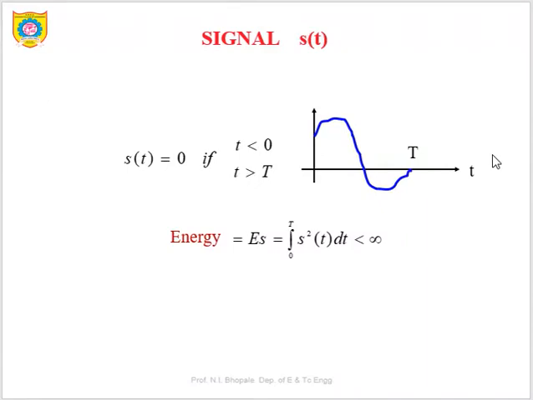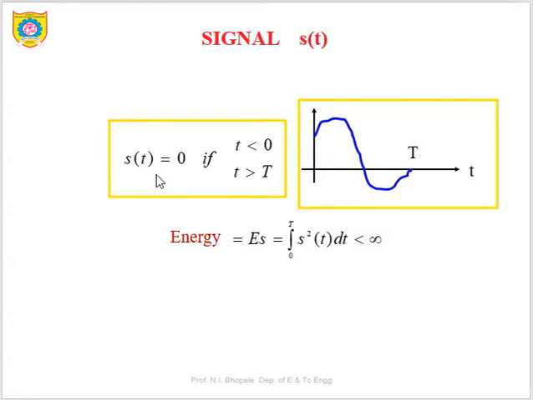This is one of the reference diagrams to identify what exactly the signal could be. In this diagram we can justify the signal in a diagrammatic manner. This is simply the reflection of the equation pointed on the left corner. So s(t) is equal to 0 if t is less than 0, means if the time is negative, s(t) will be 0, as well as if the time, small t, is greater than capital T, for this further part it is 0. It exists only between 0 and capital T.